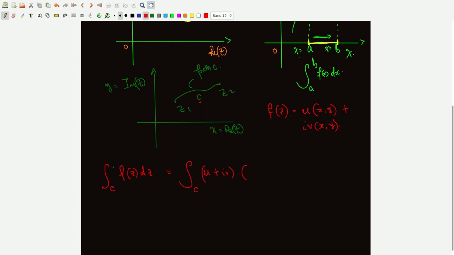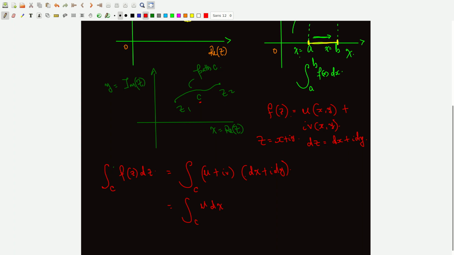Then dz, we are going to have it as dx plus i dy, not so? Yes, because we have our z equals x plus iy, therefore changing z should be equal to dx plus i dy, and that is what we have here. So we can simplify this and then say we take the integral over this part C of u